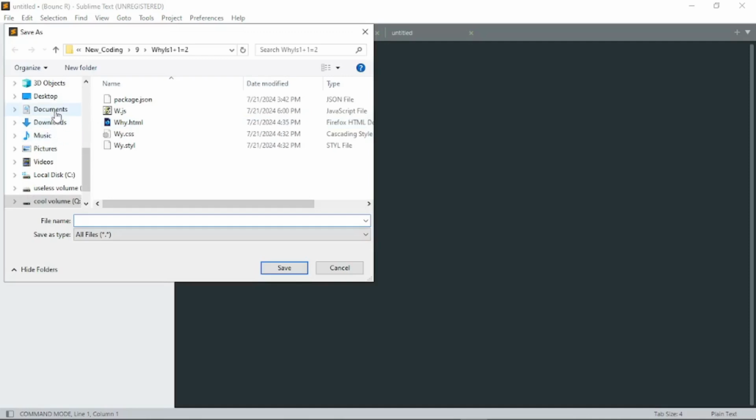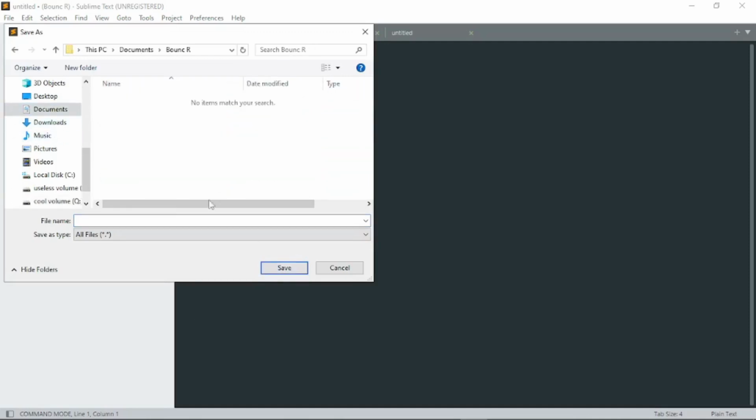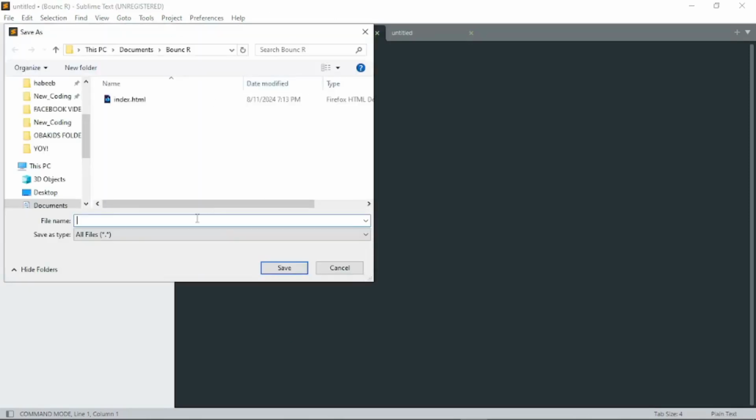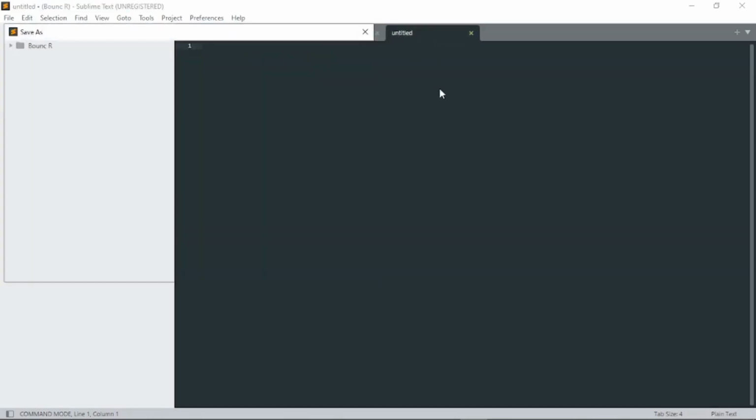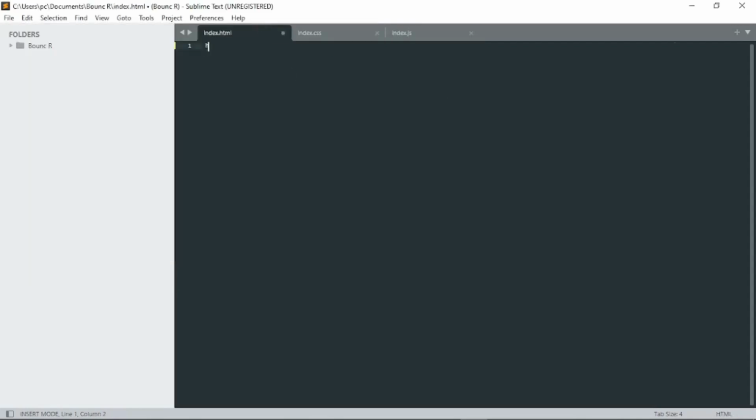Save. Documents, bounce R, open index.html, index.css, index.js. So I write HTML,